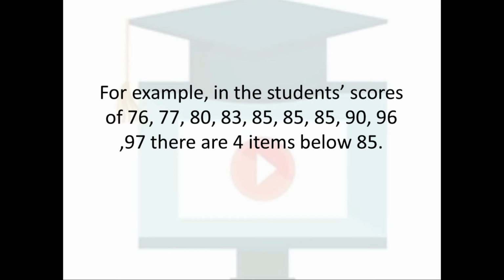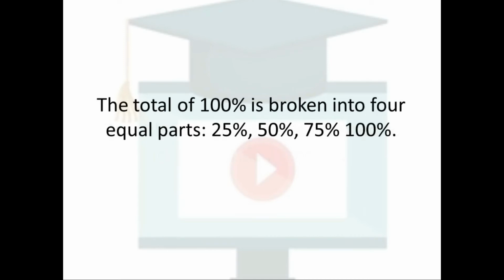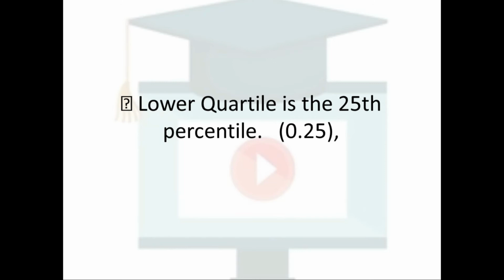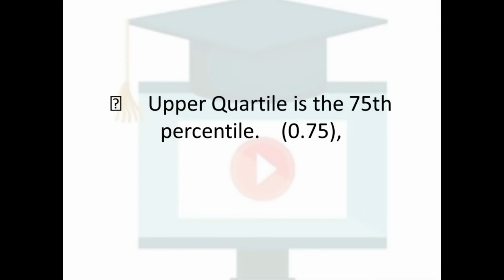items below 85. Quartiles. Quartile is another term referred to in percentile measure. The total of 100% is broken into 4 equal parts: 25%, 50%, 75%, 100%. Lower quartile is the 25th percentile, 0.25. Median quartile is the 50th percentile, 0.50. Upper quartile is the 75th percentile,